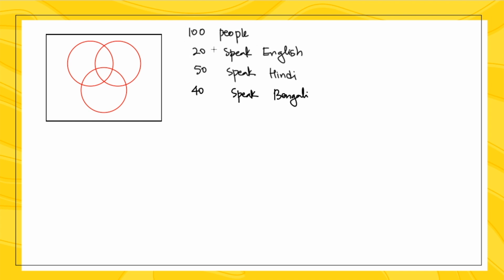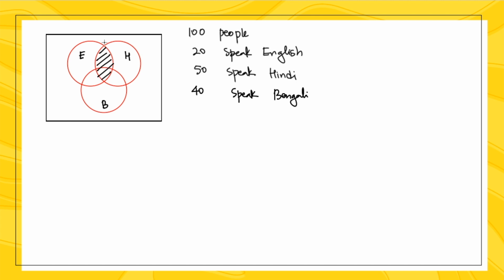Out of these, 20 speak English, 50 speak Hindi, 40 speak Bengali. Now let's say that this circle represents those who speak English, this circle represents those who speak Hindi, and this circle represents those who speak Bengali. Now this region